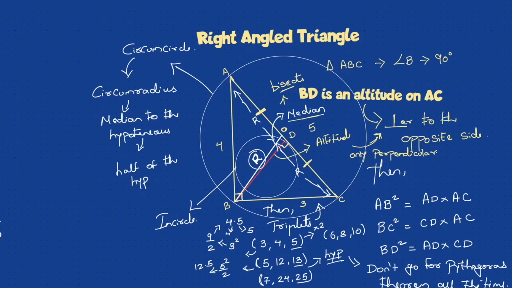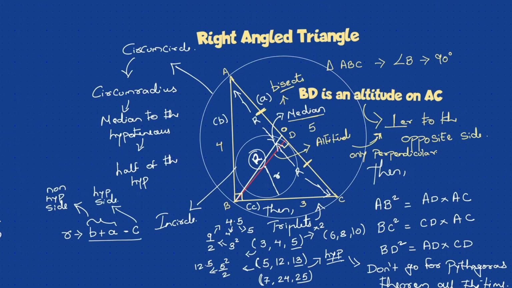In a circle, if I draw a circle inside the triangle, touching the three sides, that will be my incircle. What will be the inradius in this case? The inradius for a right angle triangle, let one side be A, the other side be B, and one more side be C. Then the inradius is B plus A, that is the non-hypotenuse sides. Wrongly I had written the hypotenuse to be A, correct it. It's B plus A, the non-hypotenuse sides, minus C, the hypotenuse, divided by 2.